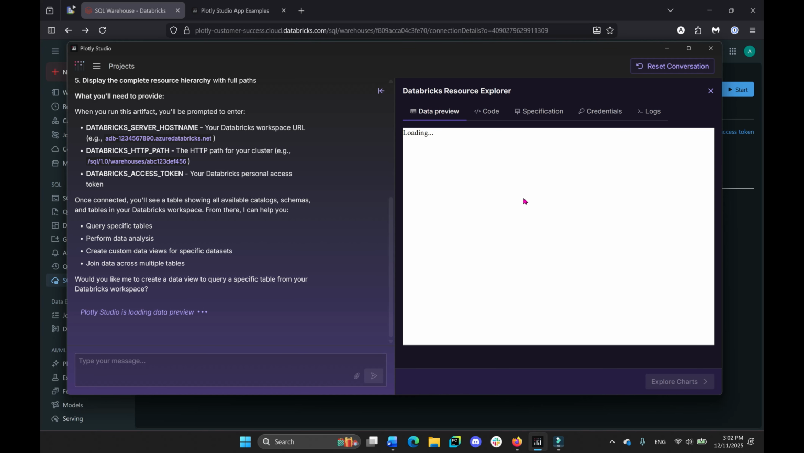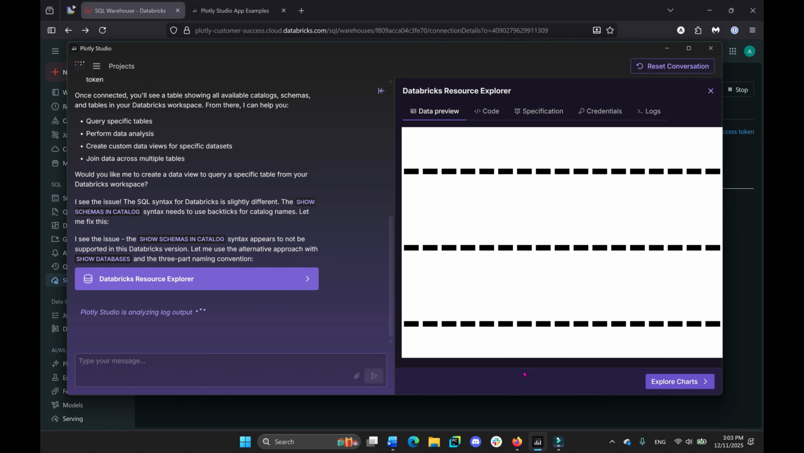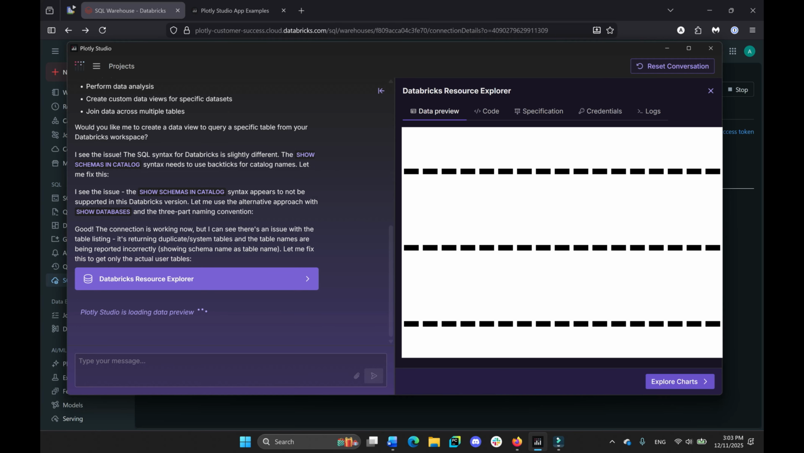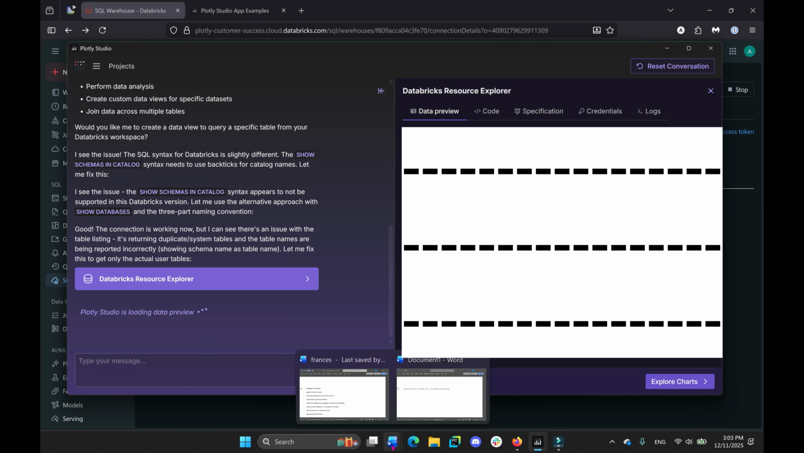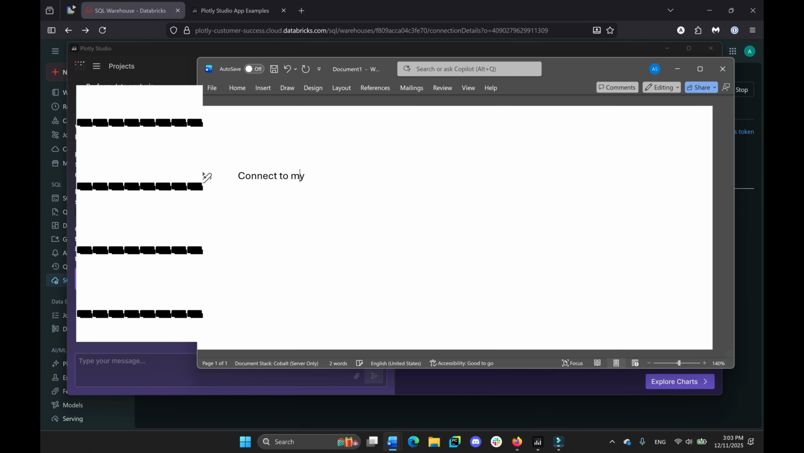It's going to show us all the different data sets that we have in here, as in the preview. It will load in a second. Perfect. So it connected to our schema and all the data sets that are inside our Databricks. Now I'm going to ask it to connect to a specific data set. I know that I have a New York City taxi data set under the sample folder, so I'm going to do that. I'm going to say connect to my data that is in